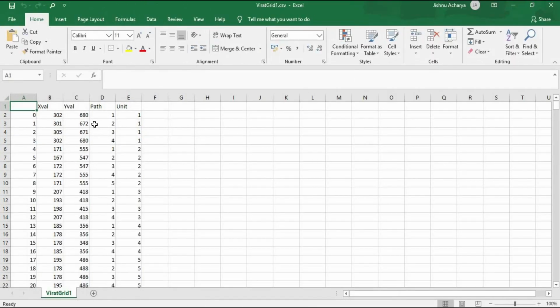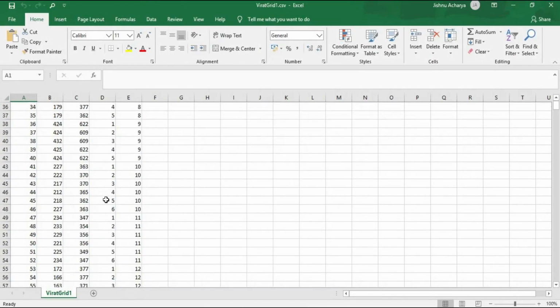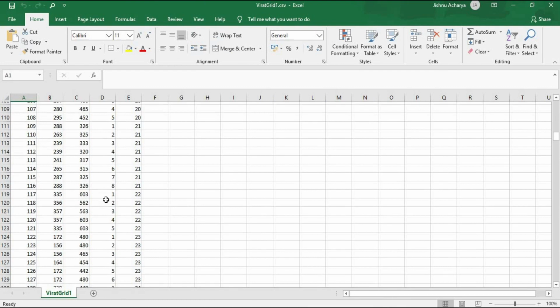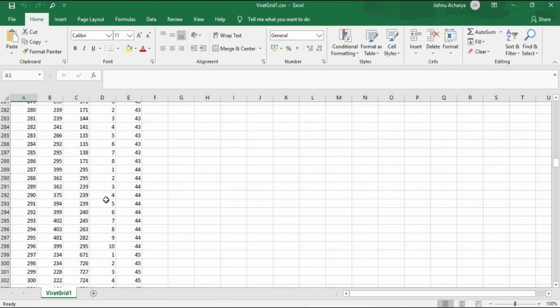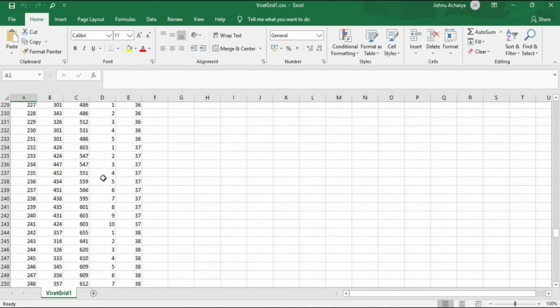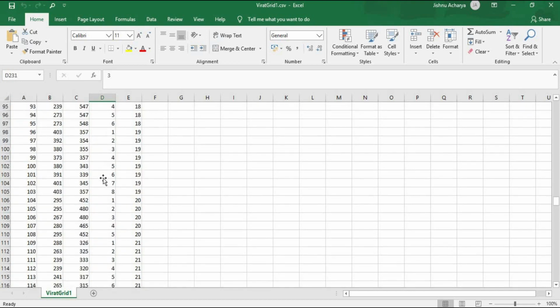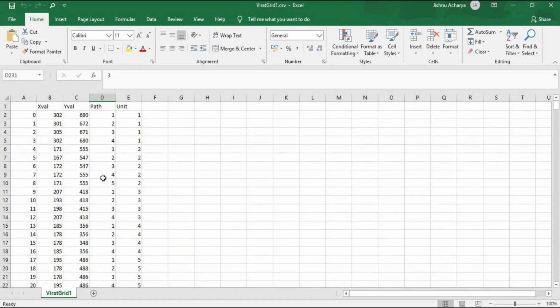Okay, open. So here it is. Here we have the coordinates, the path, and the unit that is required to create the image of Virat Kohli in Tableau. So that is what is contained in the second step.